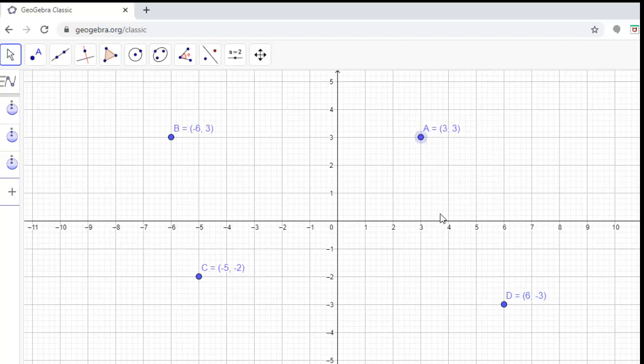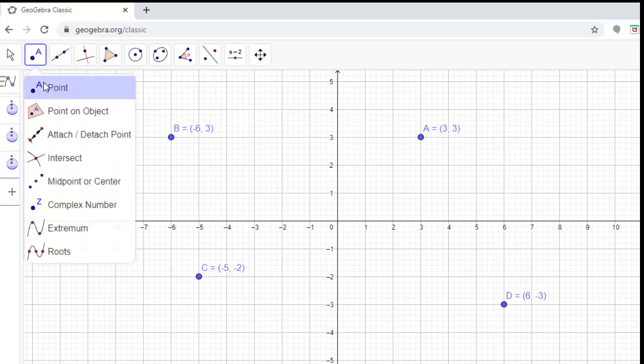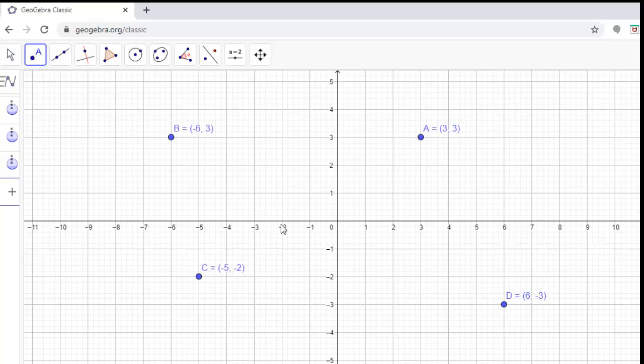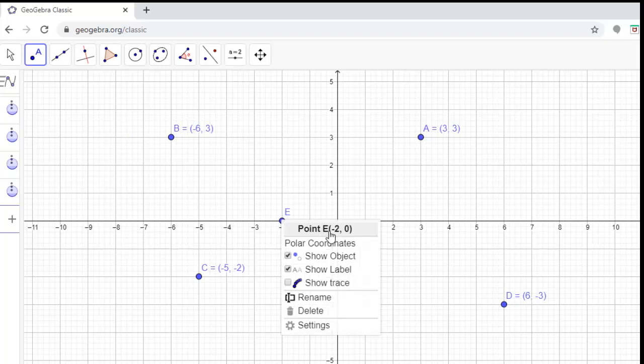Let us plot one more point on the negative x-axis, for example at this position. So this is point E. Let us check its coordinates. Its coordinates are -2, 0.